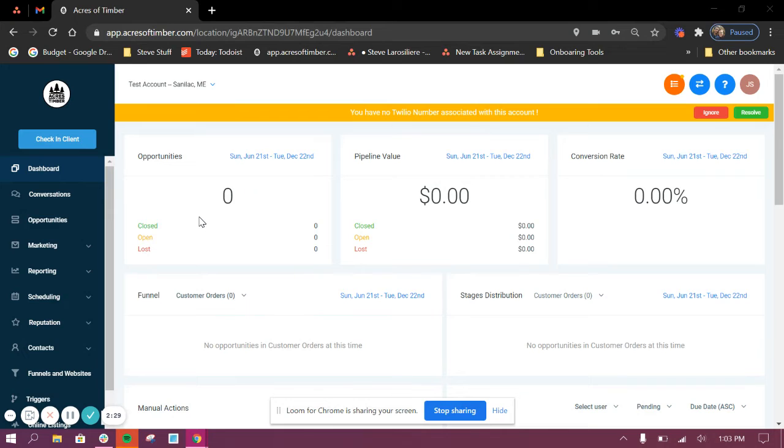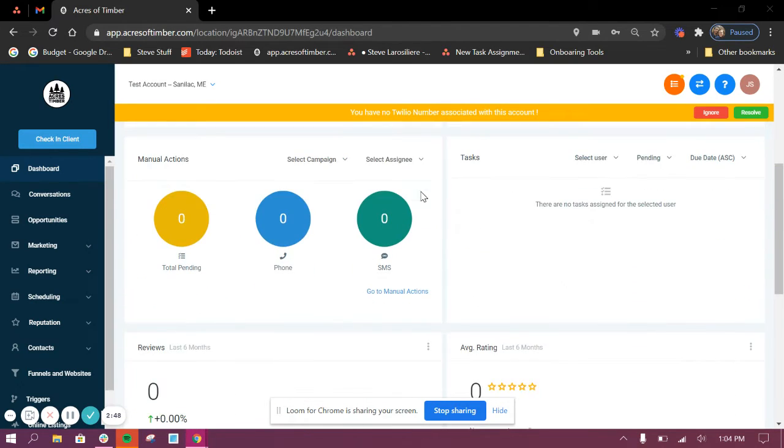Even if you don't do anything with them for a whole year, you have them growing in this list, and then you can nurture them. And maybe that person who thought that table was too expensive a year ago is now more in a position to talk about it and is still interested. So it just gives you the ability to nurture these leads. So if we go down here,